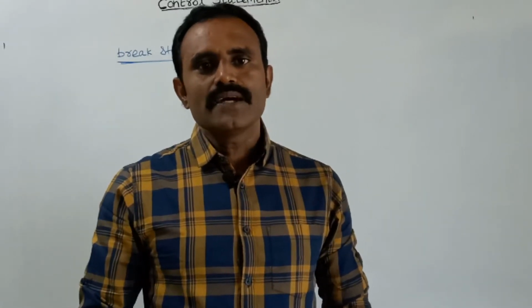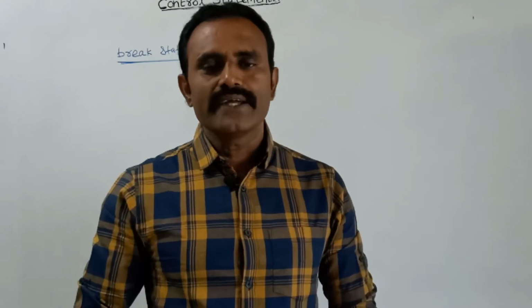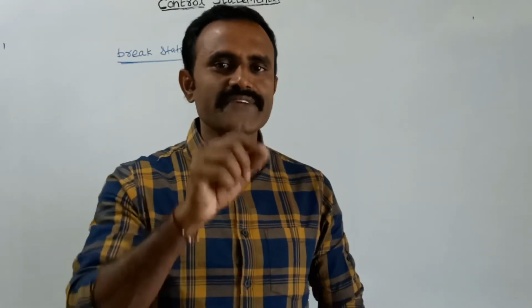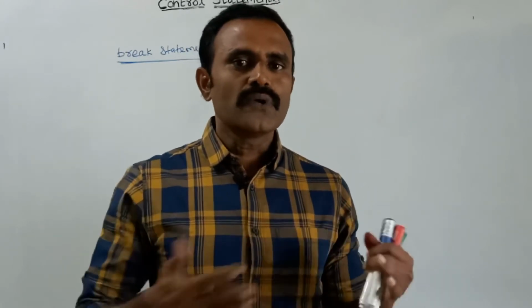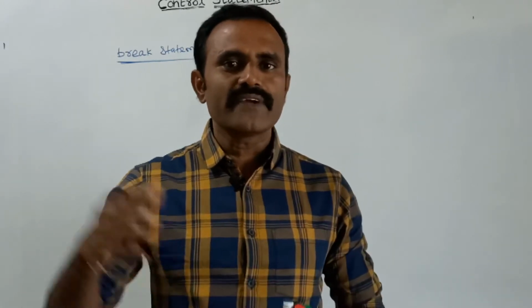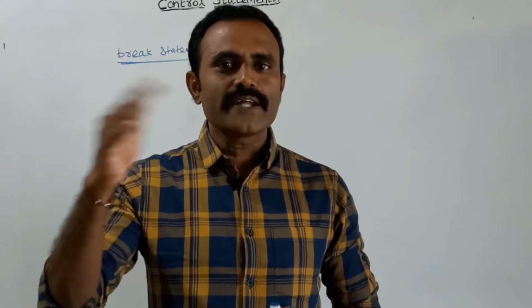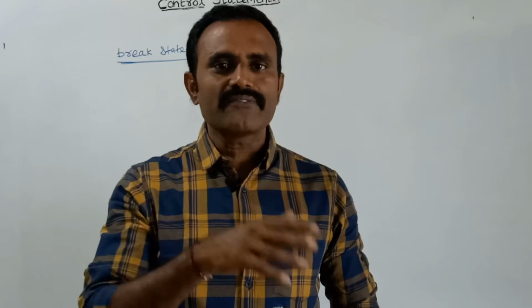For example, let us take one for loop. Here, if you are initializing the value from 1 to 100, that means when we are executing the program, the value will be initialized from 1 to 100. Each and every time we increment the value by 1, after incrementing, it checks the condition. If the condition is true, it will be repeated again and again until the value is 100.